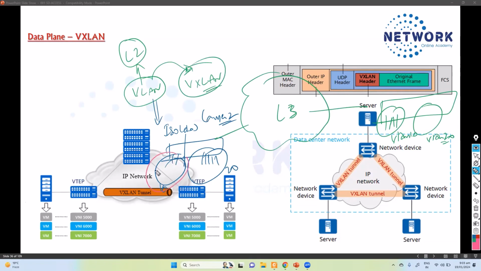With the concept of the VXLAN, we can create a VLAN 10, and we can have a VLAN 10 here, and this can be part of the same network, communicating over the existing layer 3 infrastructure. That is what made the VXLAN possible. So in simple terms, VXLAN is a similar concept to the VLAN, where it allows you to span your layer 2 network over the layer 3 infrastructure between different branch offices. A typical example is that you have a data center in the head office, and then you have another data center or another branch office